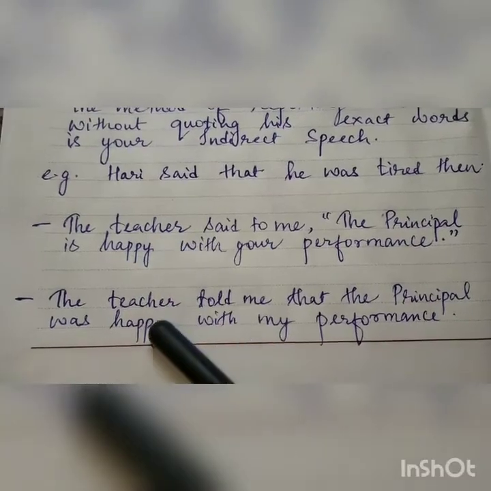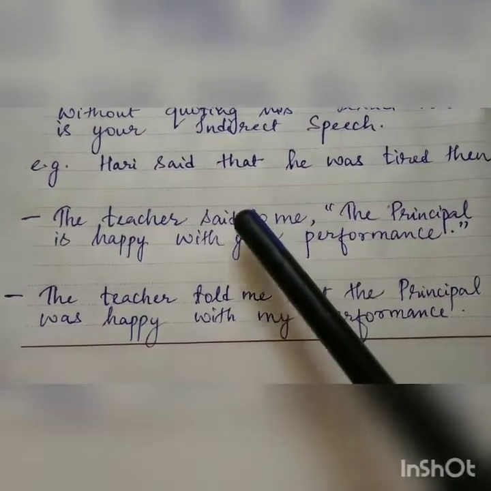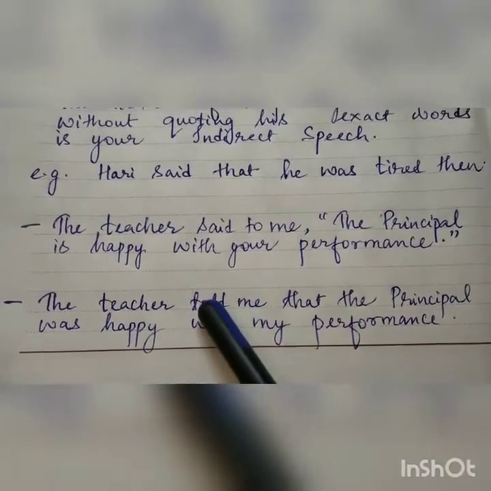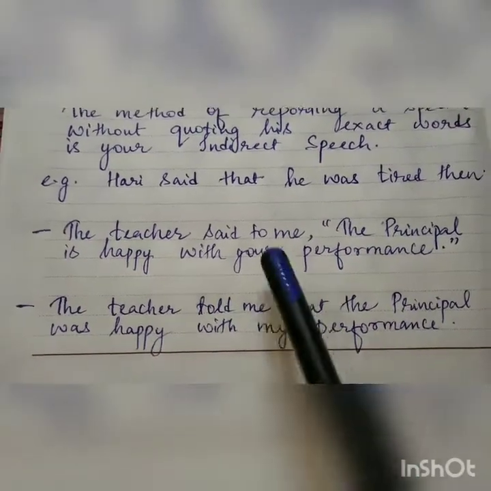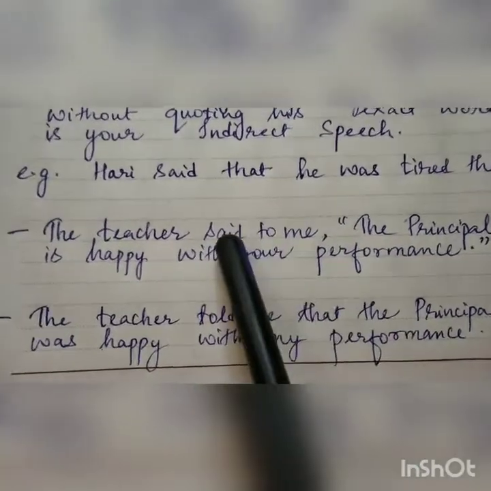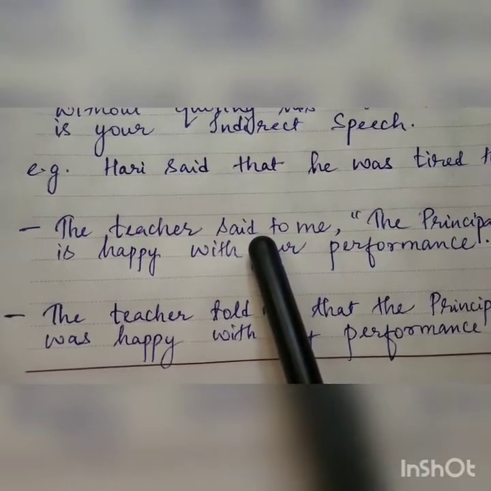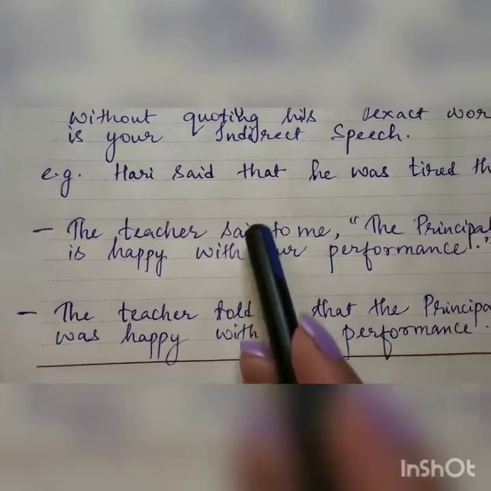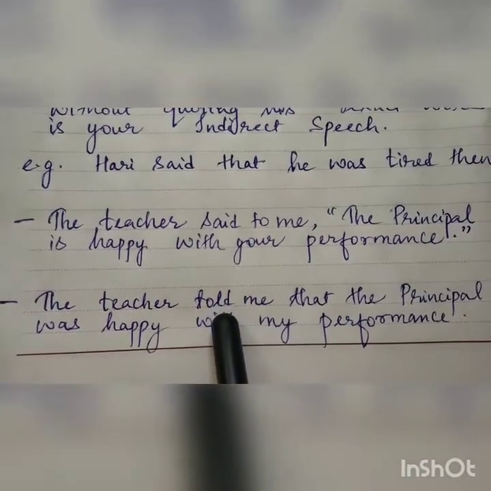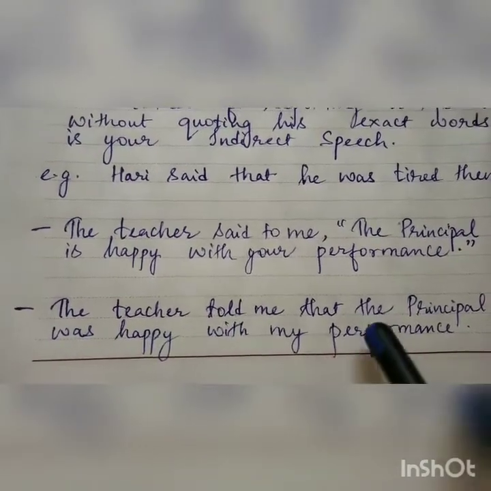Now when you change from direct to indirect, the teacher said to me becomes told me. Keep that in mind. When you have only said, the teacher said, it will remain the same in your indirect speech: the teacher said that.